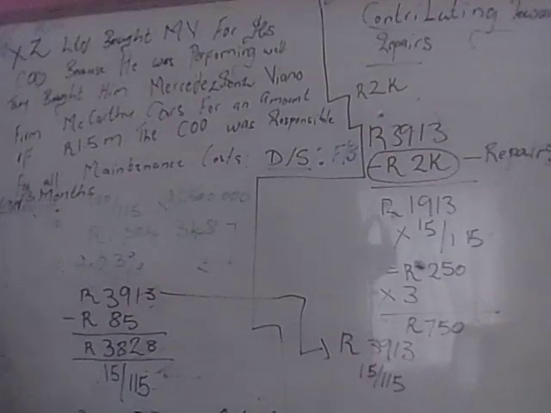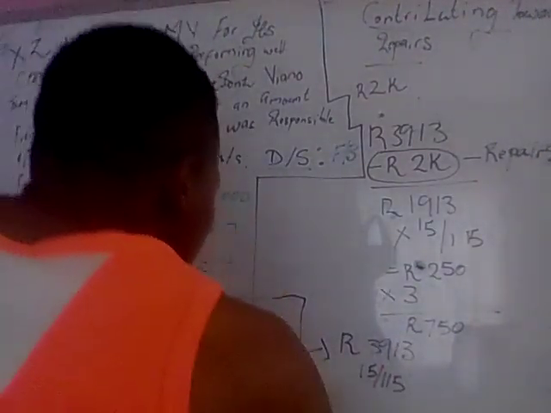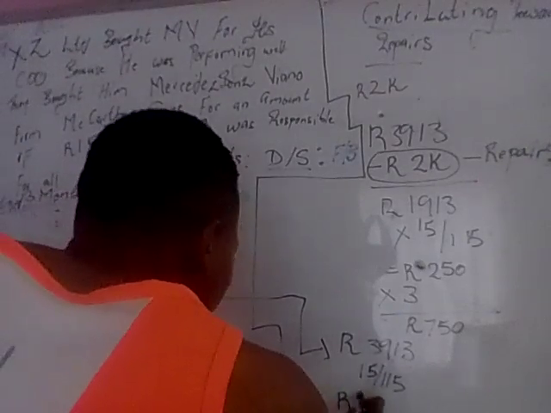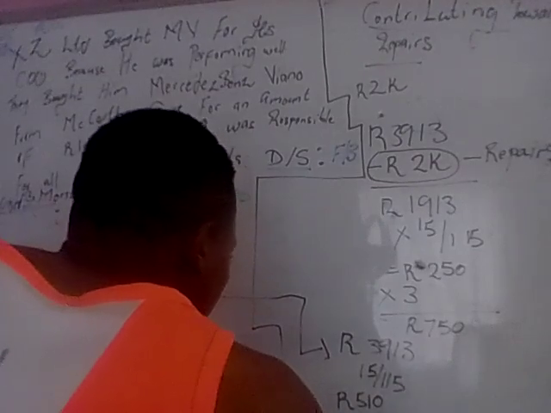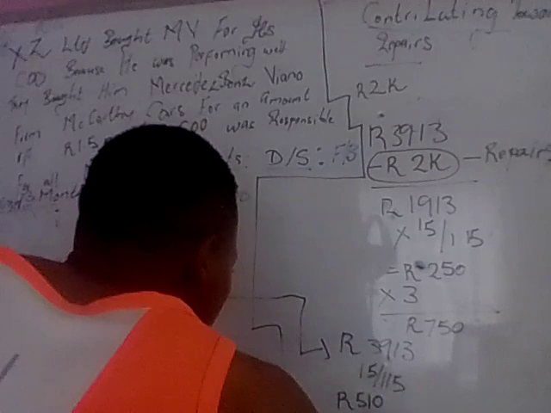In that instance, it would have been 15 divided by 115 times 3913. Output VAT in this instance would have been 510 per month. On a monthly basis, for 3 months,